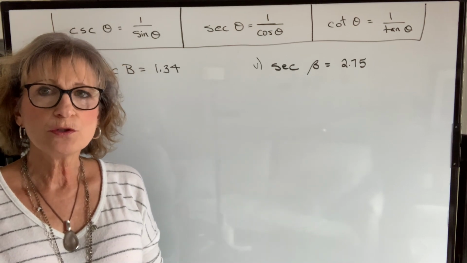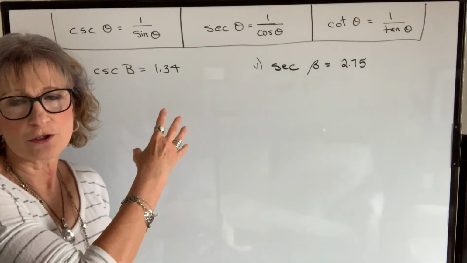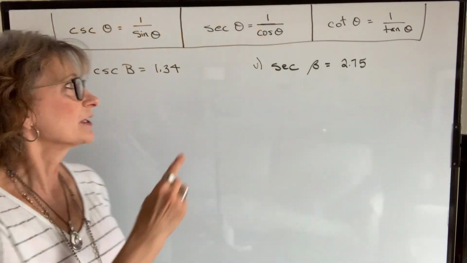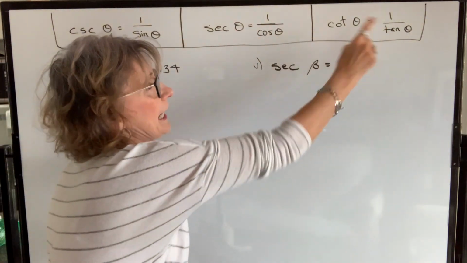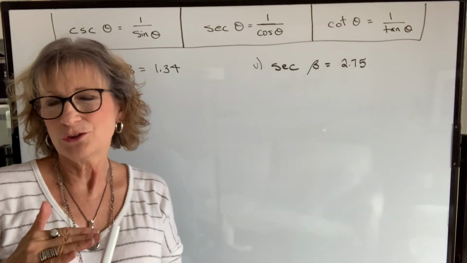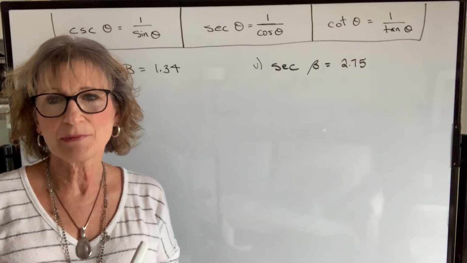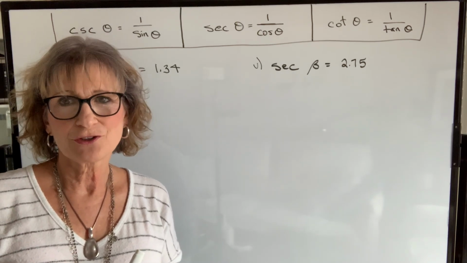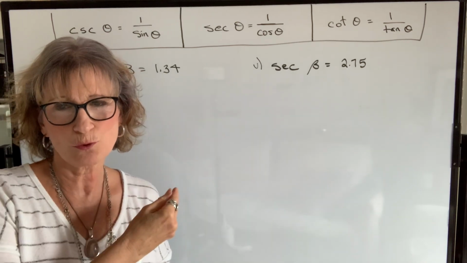So what we want to do is think of our reciprocal functions in terms of the main functions, the three main trig functions: sine, cosine, and tangent. And it might seem like a lot of steps that I'm going to go through to get my result, but it's very important for you to have an understanding of what it is you're being told and what it is